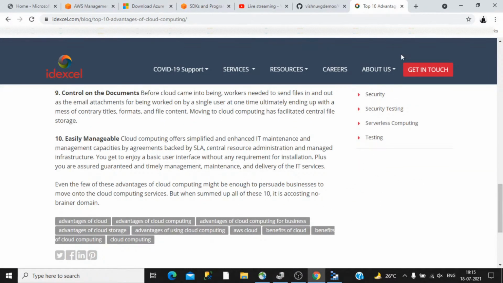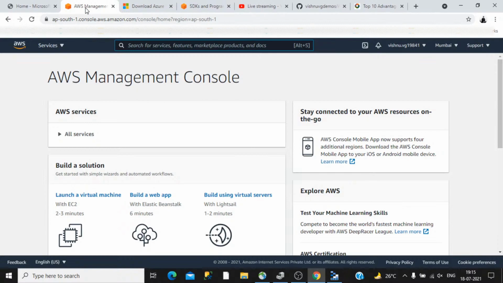Then we can look into the cloud services, Azure and Amazon, one by one. First we can look into Amazon Web Services. Right now I have logged into Amazon Web Services, and that is the screen you are viewing now.